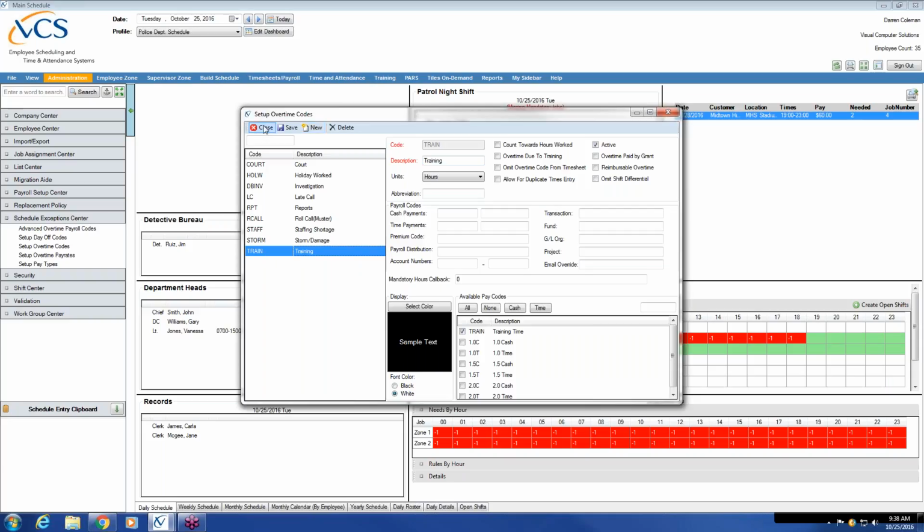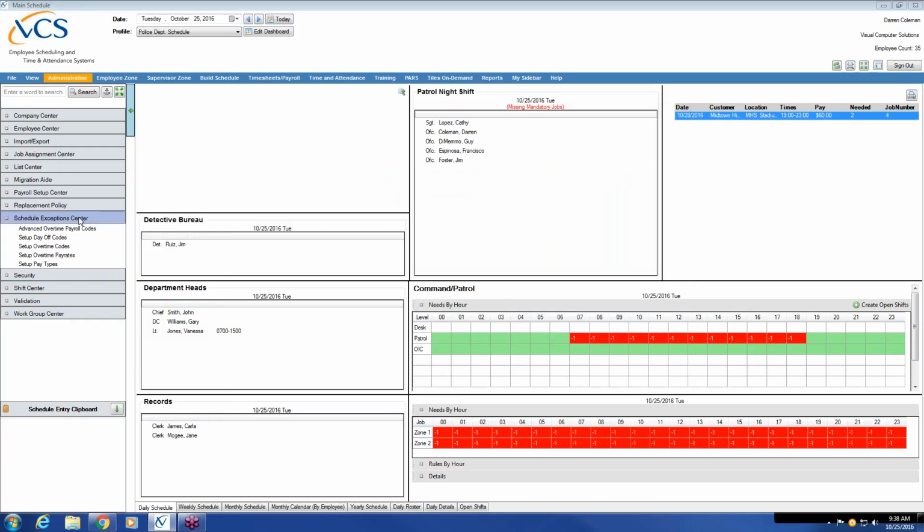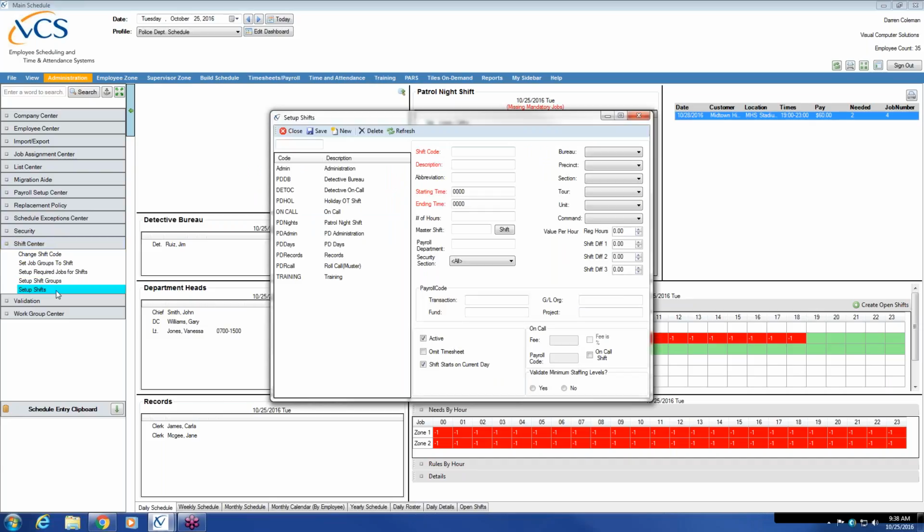Okay, let's close out of this screen, and we're going to move away from Schedule Exception Center and move on to Shift Center. We're going to select Setup Shifts,